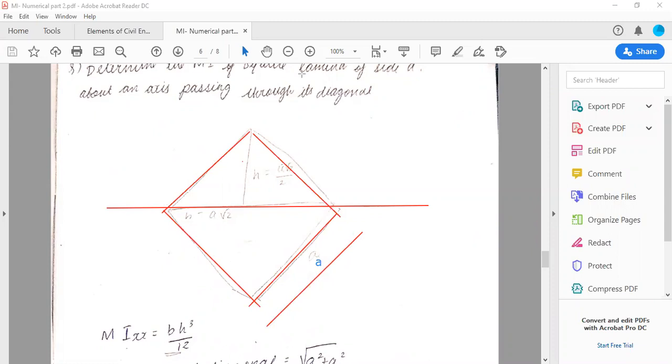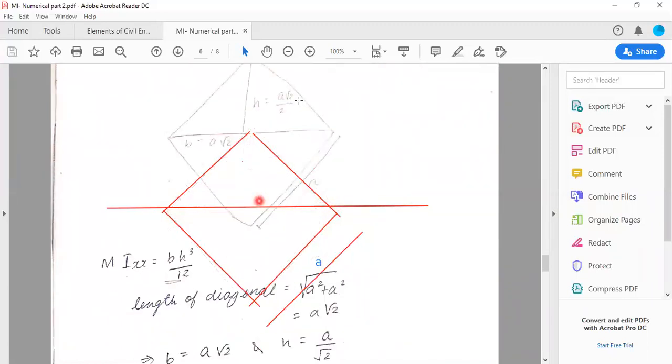So what we'll do is, the square I will have to find it about this axis, a diagonal axis. So I will place it in such a way that the diagonal becomes my x axis. I know these sides are A, and then I can use the formula for the MI of a triangle about its base. Such two triangles are there, so that would be the MI about its diagonal axis. The formula for MI of a triangle about the base is bh cube by 12. So I have to have bh cube by 12. So I know b, this is going to be the length of the diagonal we can find, and we have to find the height of the triangle.